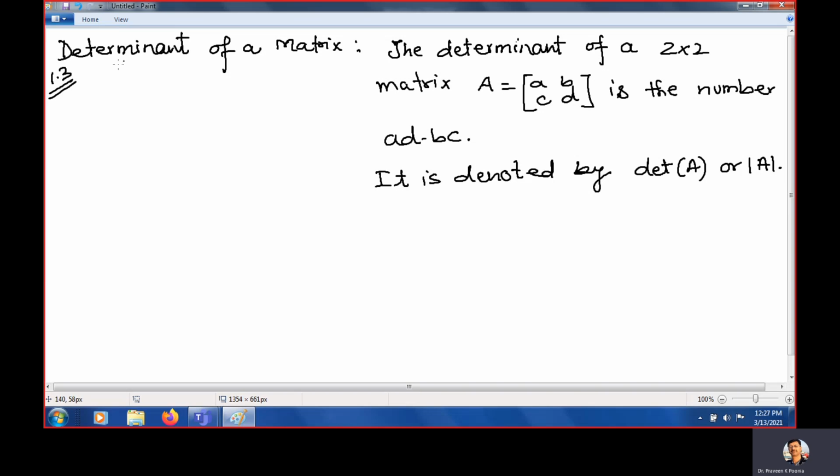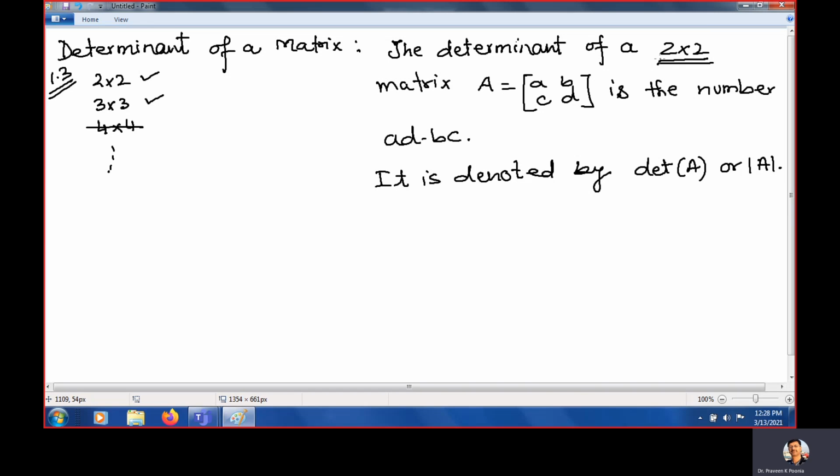Okay, determinant we always evaluate for square matrices like 2 by 2, 3 by 3, 4 by 4 and so on. But in your book, we are going to study only 2 by 2 and 3 by 3. So two types of square matrices, one is 2 by 2, another is 3 by 3, whose determinants we are going to study here. So first we are going to study the determinant of a 2 by 2 matrix.